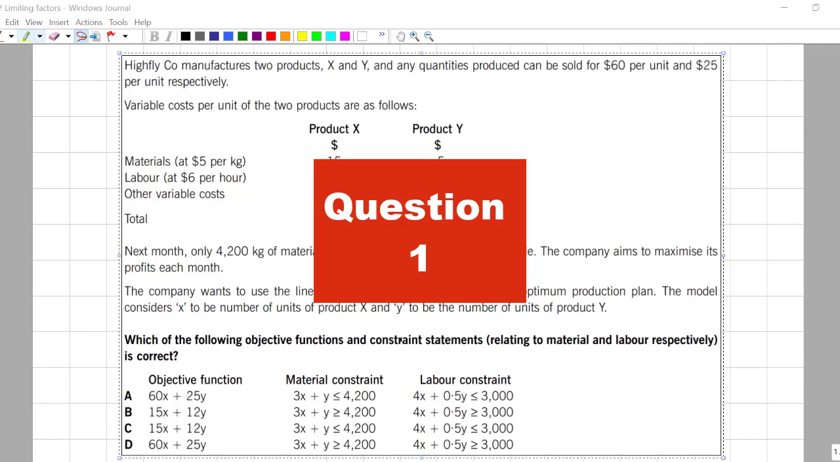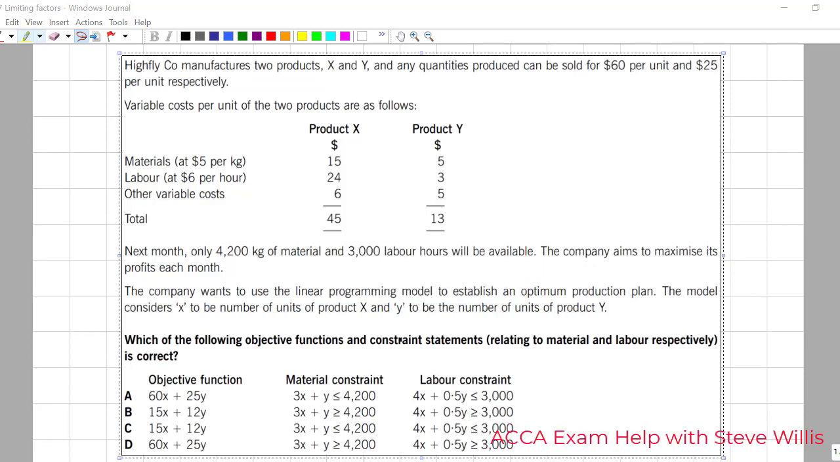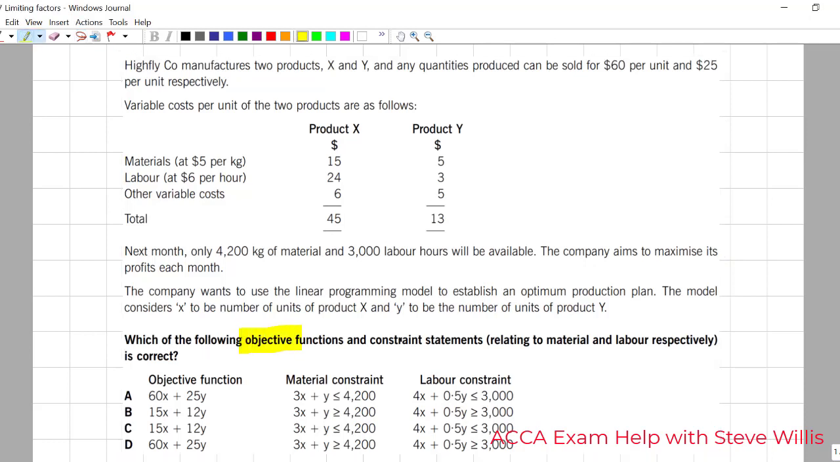Wow, this is a busy, difficult-looking question on first glance. Always start here. Which of the following objective functions? Well, the objective would be to maximize profit. We do that by maximizing contribution. And constraints. Something that is a constraint means we don't have enough material, we don't have enough labor to make